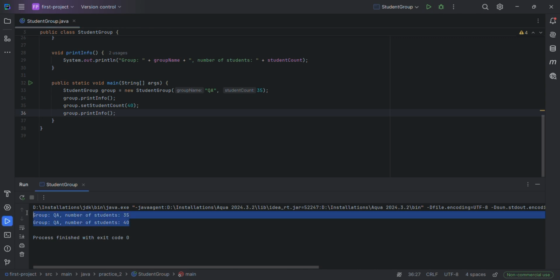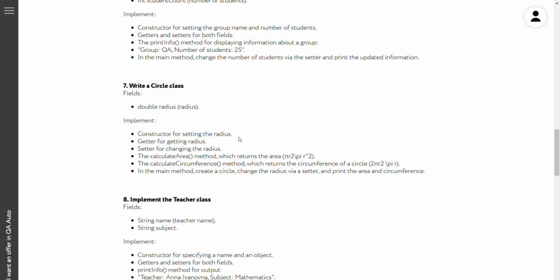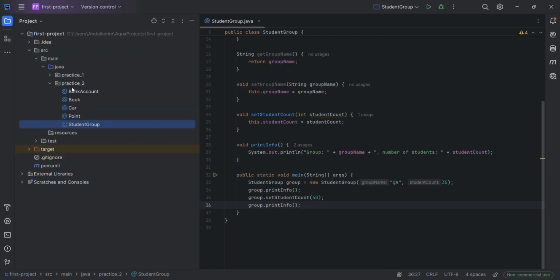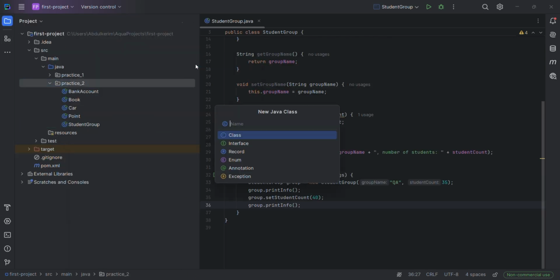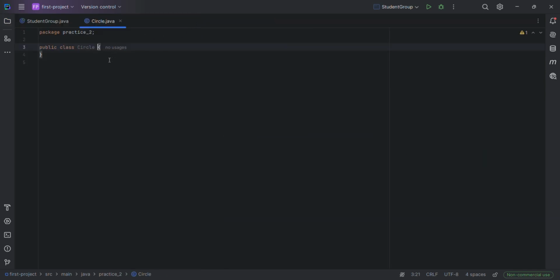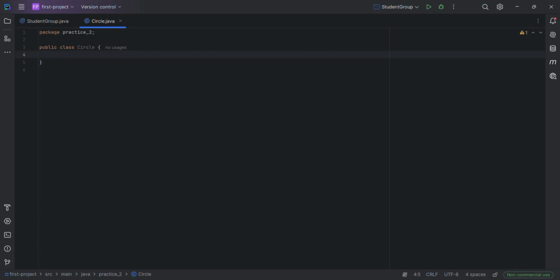Here we can see the result is correct. Yes. Now let's create another class, Circle. Circle has a radius. Sorry, a field with the data type double. So double radius;